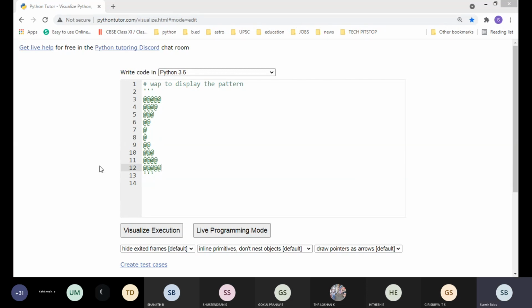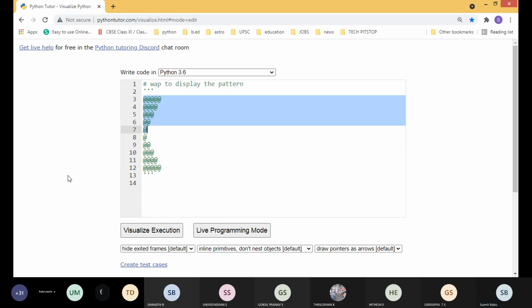Okay, so just listen. How many of you know how to solve this one? This first part, this selected part, the first half of the pattern. Respond, students.